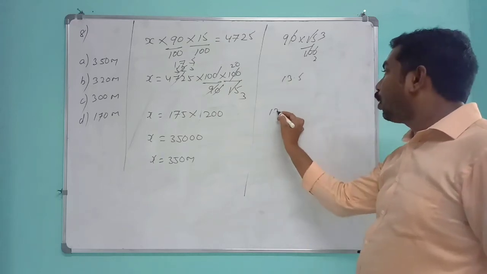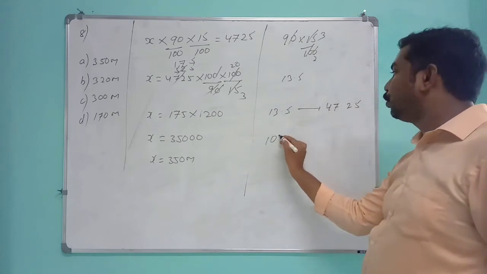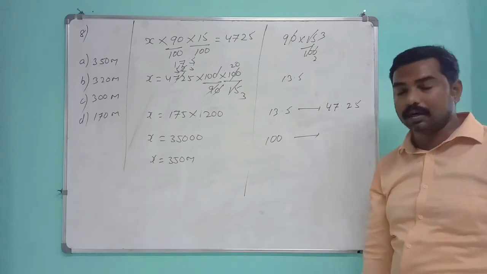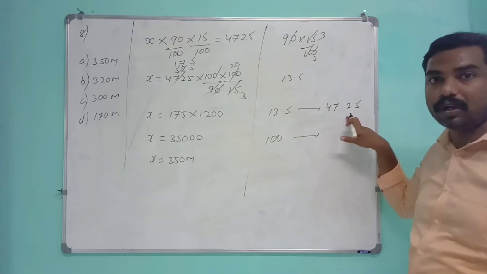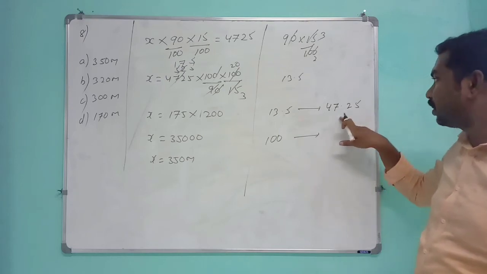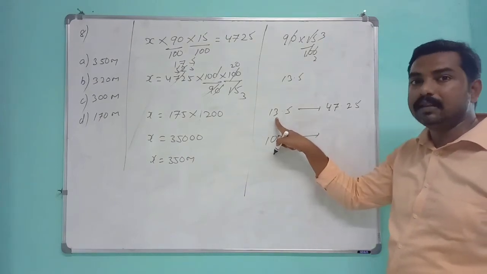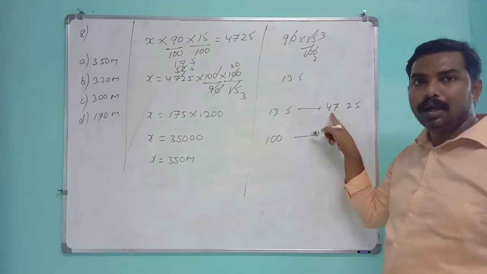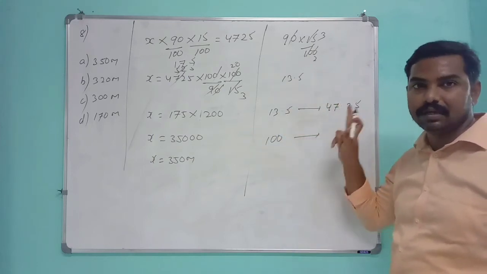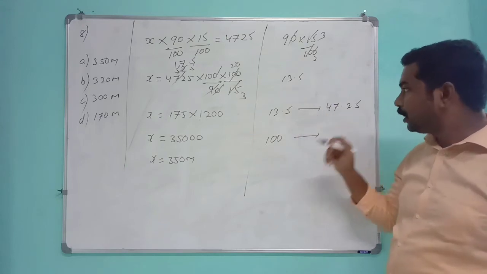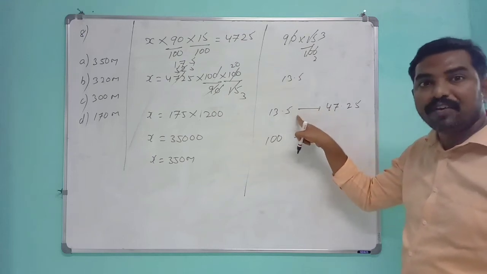If 13.5 is nothing but 47.25, we are asked to find what is 100. Direct shortcut. If you see here, because I am converting this to meters, 47 meter 25 centimeter is 47.25. If you see, the calculation part here is very close to 13 3s are 39. Because if you take 4, 13 4s are 52, and halves also, it crosses 47. So it is very close to 3. But if you see the calculation part here, 0.5 by 2 is nothing but 0.25.